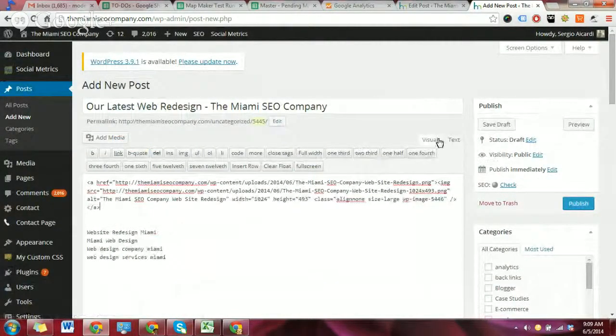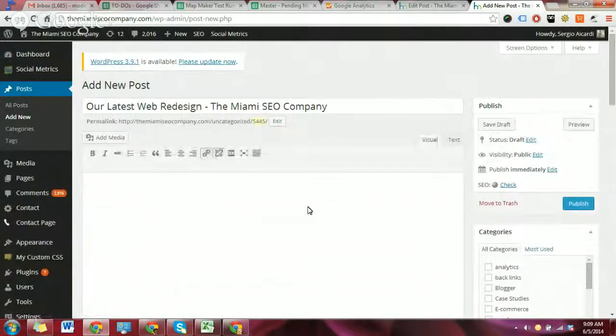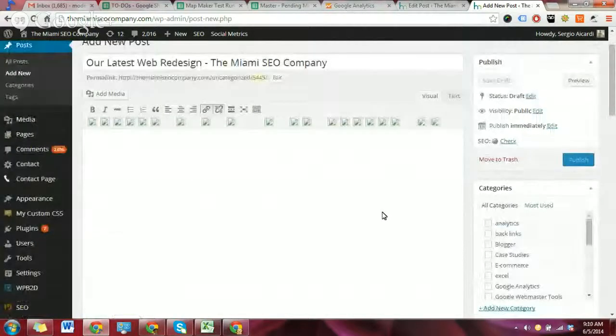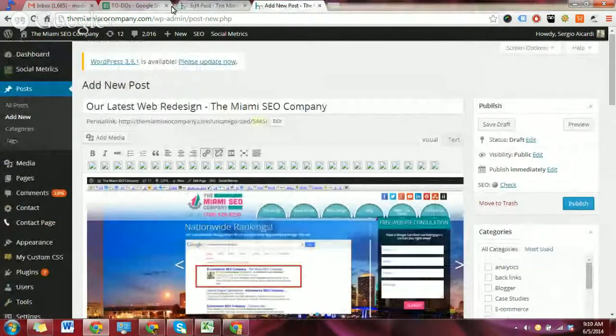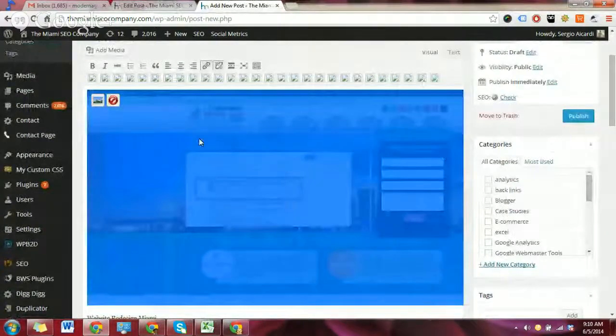Now that I have this into post, I want to go to visual and show you something. Once you're in visual, the actual image itself will show up. Sorry, computer is running a little slow. Maybe I should close up all these darn tabs. Okay, so there's the image, and I wanted to show you when you click on the image,